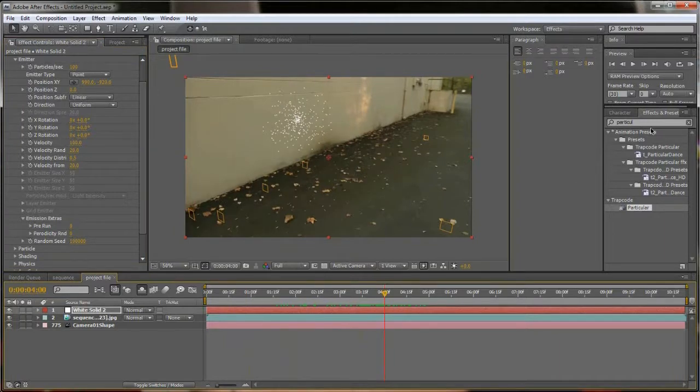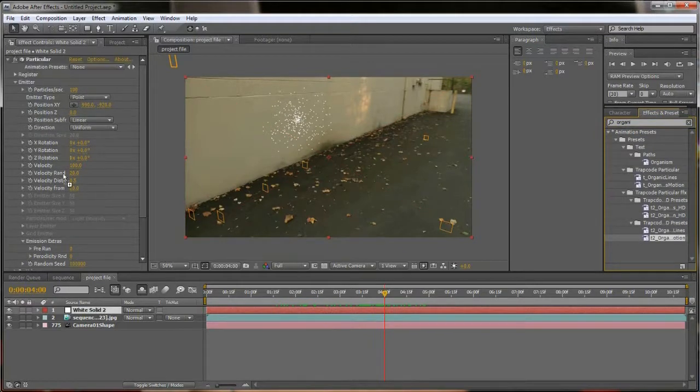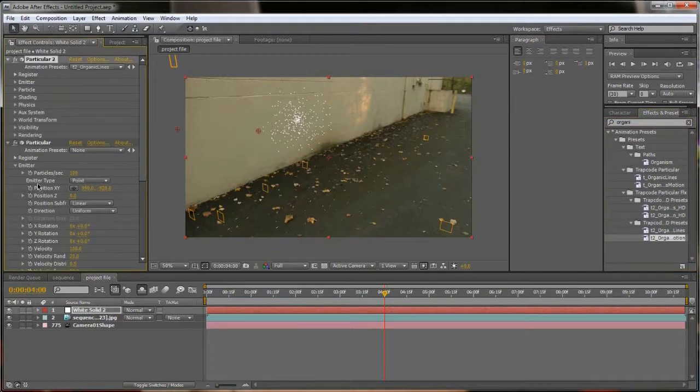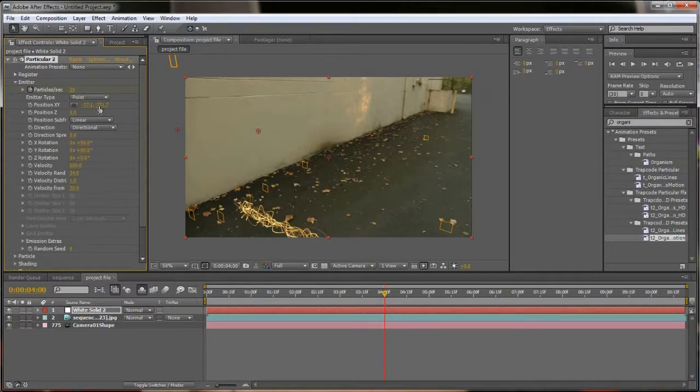And I think they actually have some presets here. What are the presets? Organic lines, that's one of them. Organic motion, maybe. I can just pop that on top and then get rid of the other particular. Let it think for a moment. And then I'll get rid of this first one. Okay, so then I'll go into the emitter here and adjust that, bring it up,